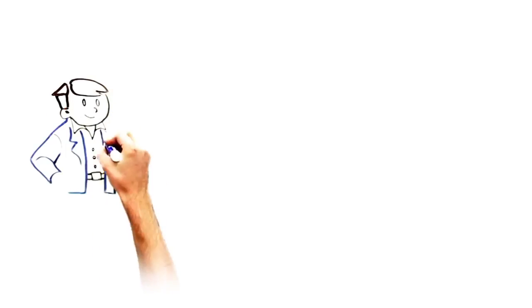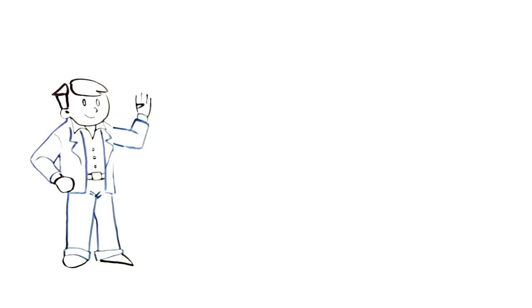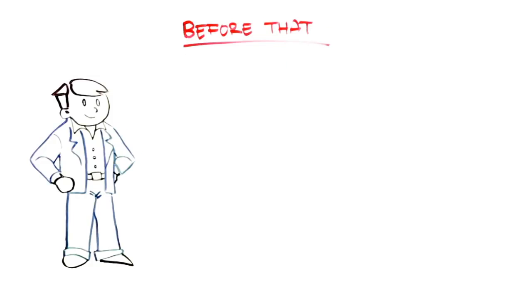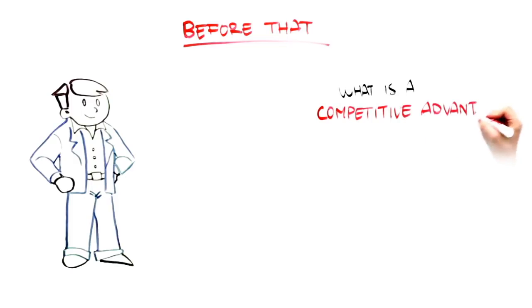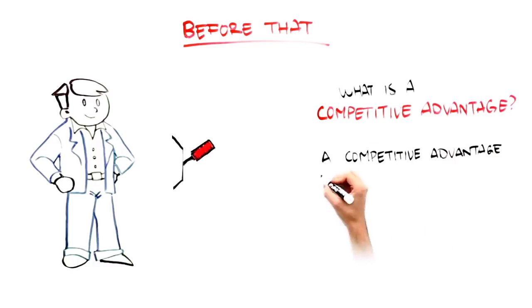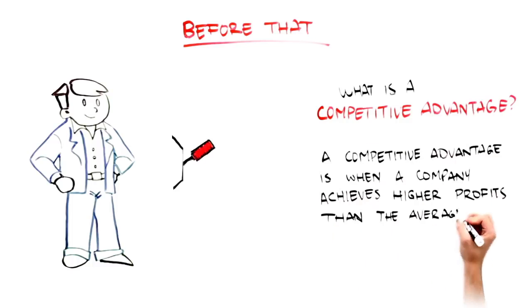This mini lecture provides a brief introduction to the four generic strategies that companies can utilize in their efforts to realize competitive advantages. Before I introduce the four generic strategies, however, I want to make sure we are clear on what a competitive advantage is and the key levers a company can pull to achieve an advantage. For the purposes of this lecture, a competitive advantage is when a company achieves higher profits than the average competitor